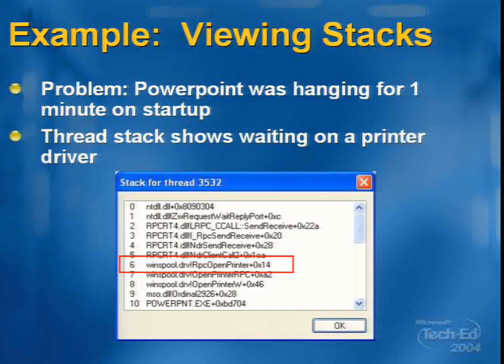I pulled up Process Explorer. I double-clicked on it, went to the Threads tab, and found the only thread at that point in the startup that only had one thread. Clicked on the thread. The start address didn't tell me anything because it just showed me that it started up in PowerPoint's main function. So I clicked on this Stacks button, and I looked, and this is the stack that